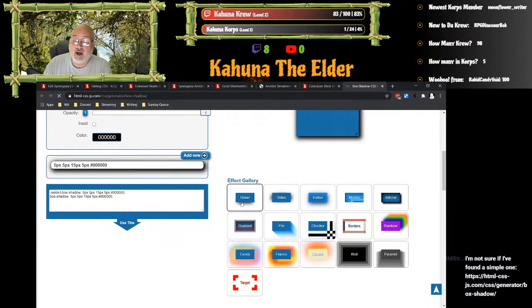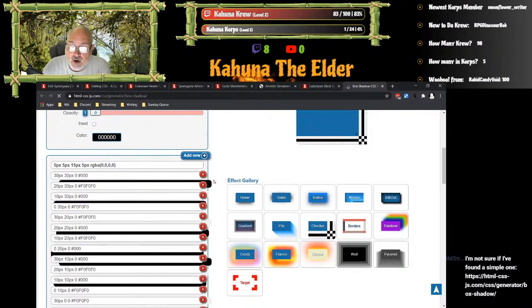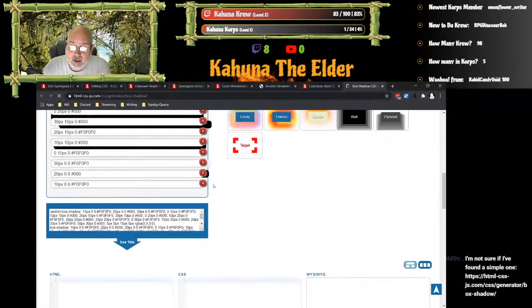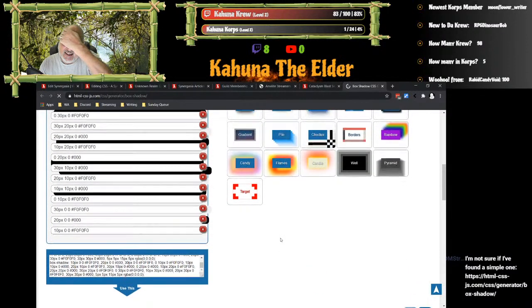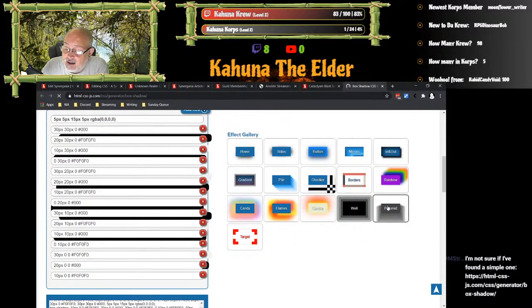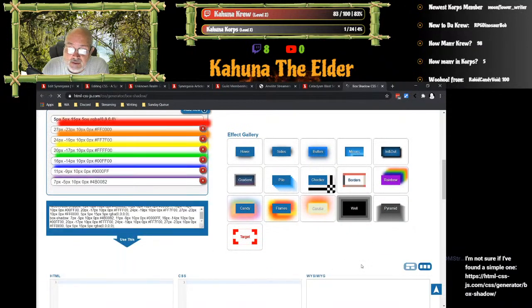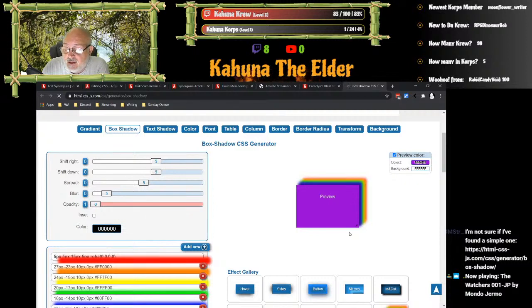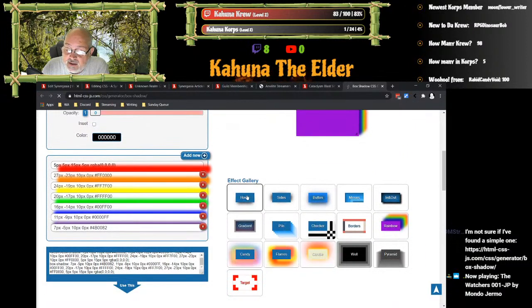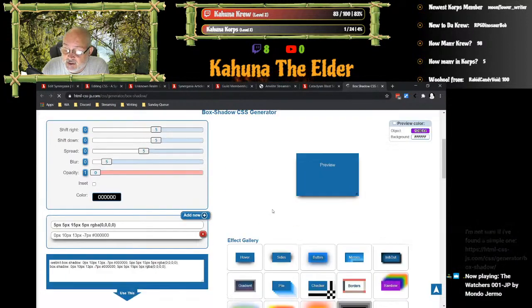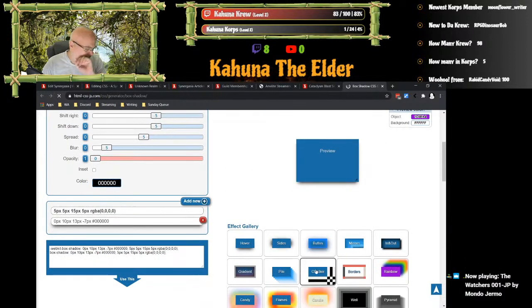If you notice to the right on this page, they have an effect gallery. You want to have it look like checkers? Click there, and it gives you all of that code. And that, my friends, is a scary bit of code right there. That's complicated. The pyramid, again, looks interesting. Rainbow. Okay. You can use these. The hover. I like hover, actually. Oh, excuse me. The hover is actually one of my favorite looks. So, yes, and you can find these generators.